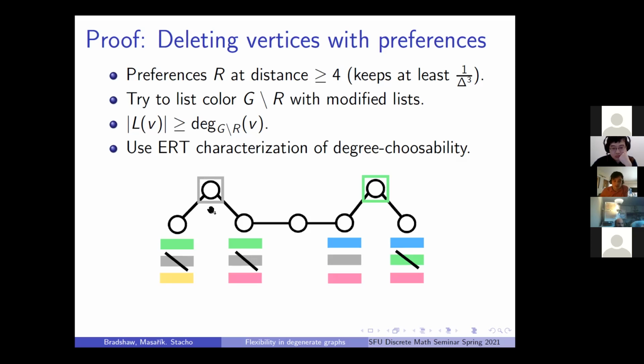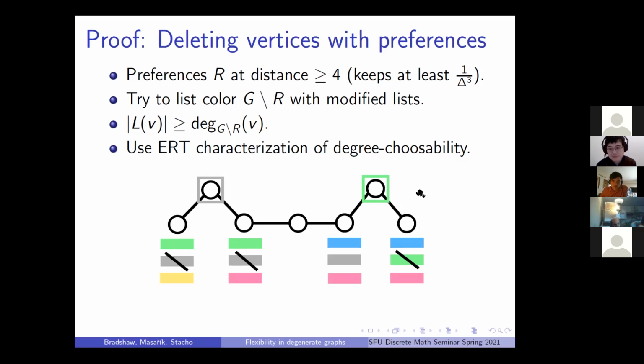So when we delete this vertex from the graph, we're also going to delete the color gray, which was the preferred color, from the lists of all of its neighbors. Similarly, this vertex has a coloring preference of green, it's in R. So when we delete the vertex from the graph, we're going to delete the color green from the lists of all of its neighbors. And the reason that we want to do this is because if we delete these vertices in R from the graph,